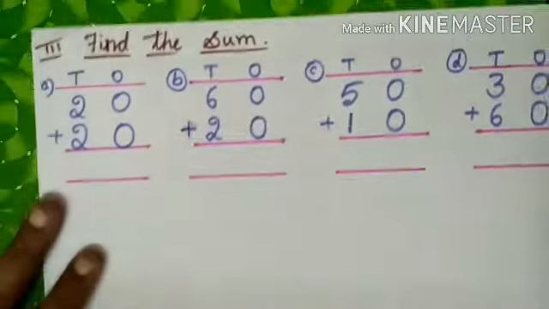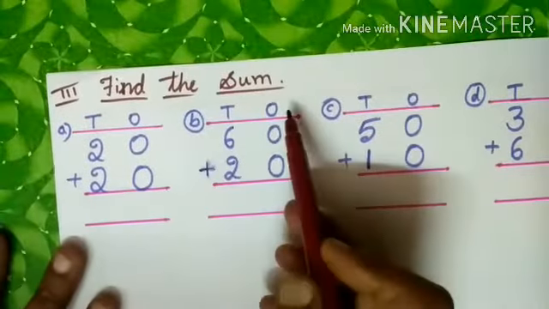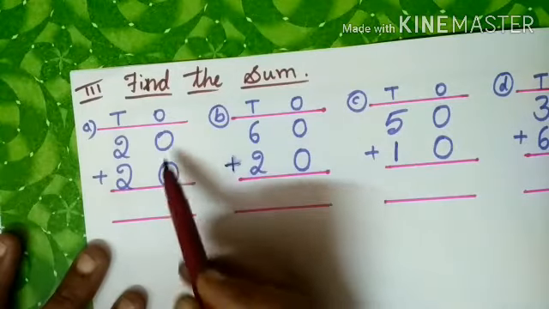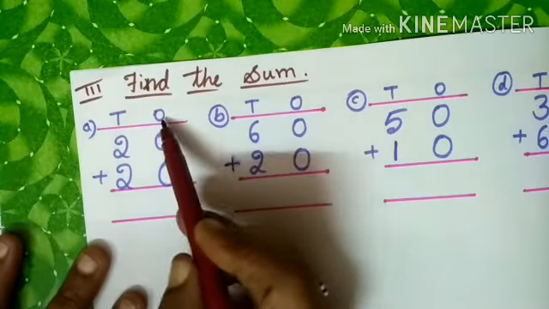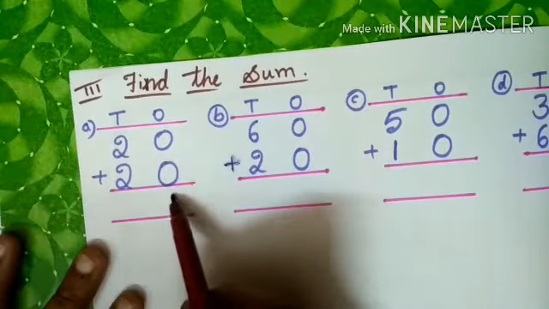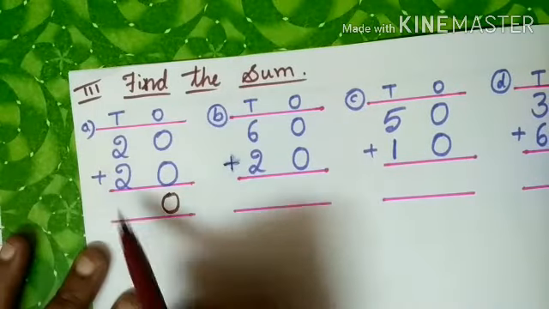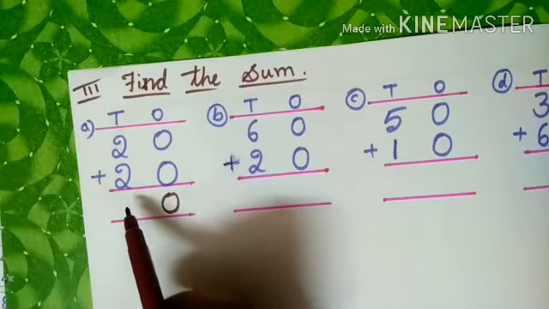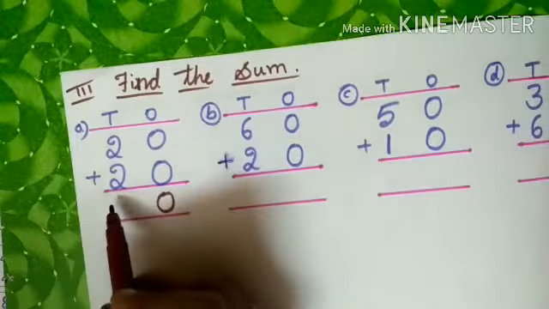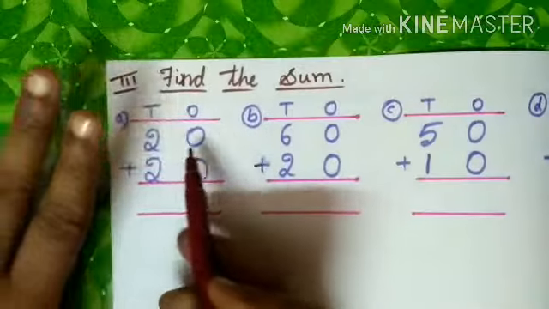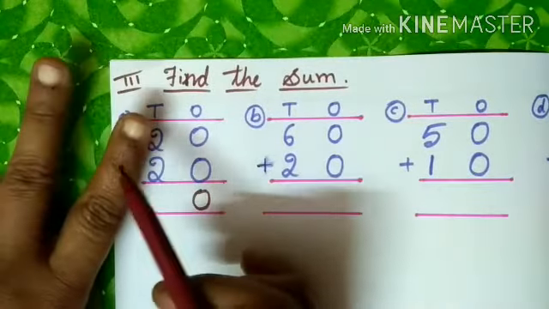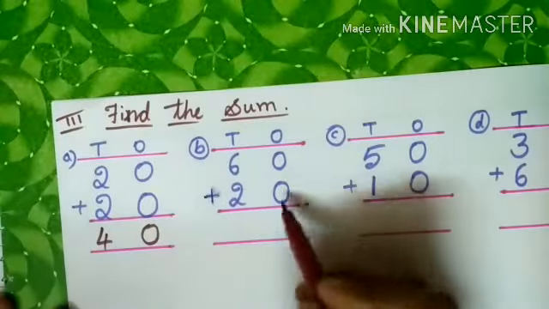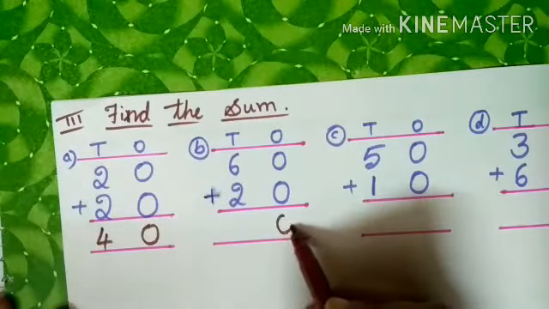Now let us move to the third main. Find the sum. Here it is very easy. 2 plus 2, 0. So first ones place we will count. 0 plus 0, 0 only. Now 2 plus 2, how much? Yes, 2 plus 2, 4. 2 is in your mind. Another 2 is in your finger. 2 after 3, 4. Right here 4. Yes. 0 plus 0. Again write 0.